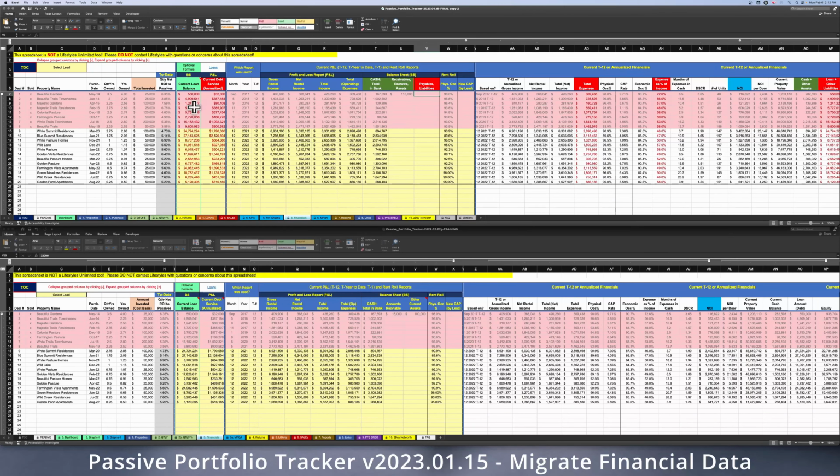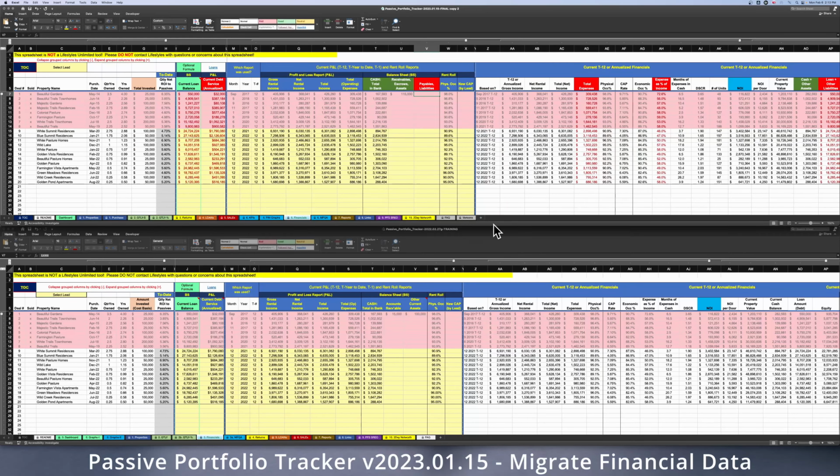Another change that we've made on this is all of the negative numbers, your current loan balance, your current debt service, total expenses, all of these numbers are now red to let you know that they are negative numbers. You can look at your loans tab and get debt service amounts, or you can manually enter these based on what your debt service is, based on information provided by your lead. As you scroll through this tab, there are several changes back here, mostly formatting. We won't get into that